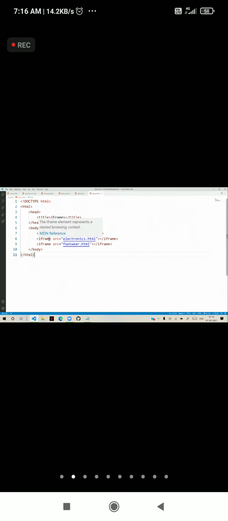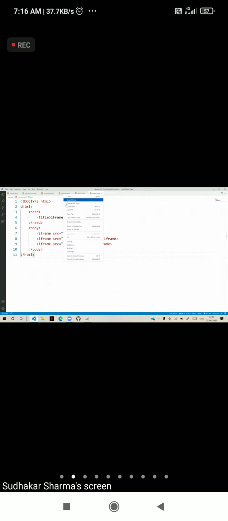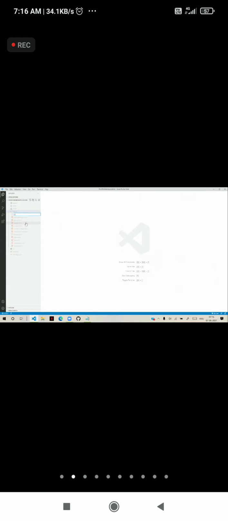First, I will give a simple example of adding a table here. Let's create a new file, table.html. And in this, I am designing the doctype, HTML, head, title, and tables in HTML.